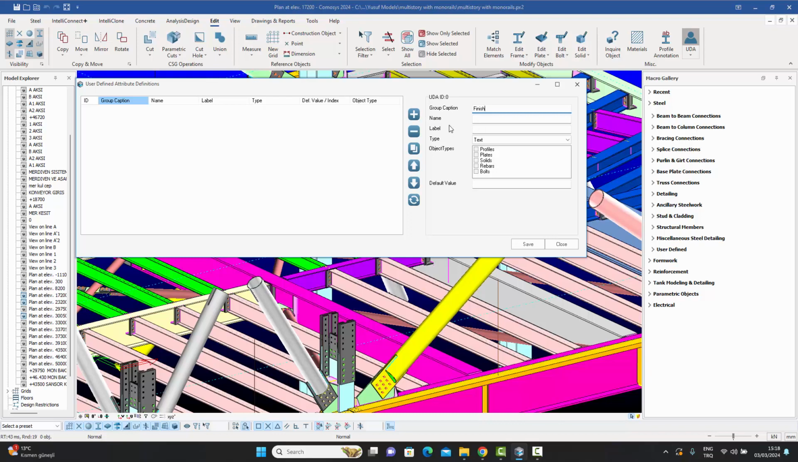Then this is a caption name, and for the first attribute belonging to the caption finish, I can call it surface finish, for example. I can give it a label, which can be the same as the other one or different. This is just basically a text. I can call it a text list, for example, because I only want the user to select from certain types of finishes rather than allowing them to write a random finish every single time. And when I say text list,